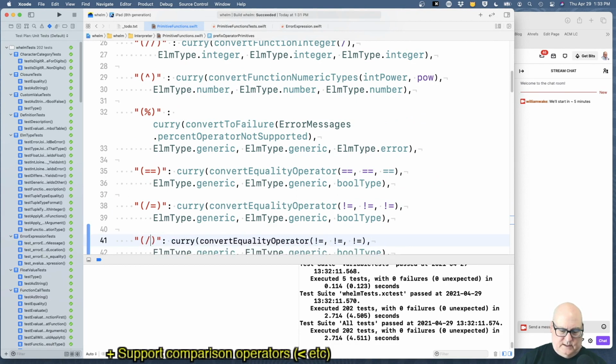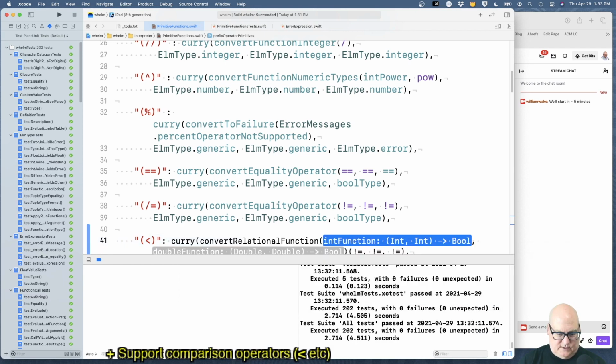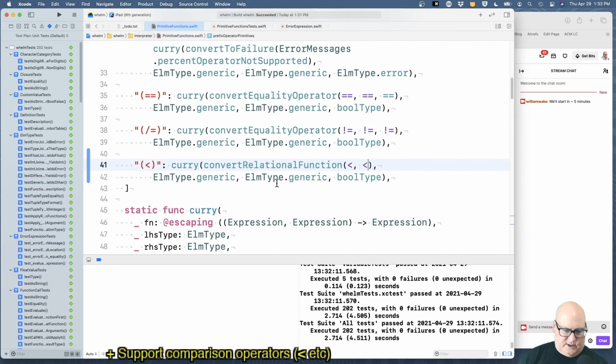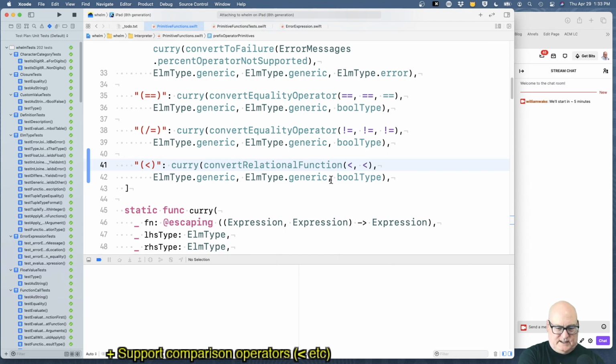All right, so we want the less than operator, and our thing was convert relational function. Two functions passed in, less than and less than. And for now, let's just say it does generic bool type. I'm not inclined to test that my table is my table, so I'll run it manually. I don't know, maybe there is some deserving of a less than test somewhere along the way, but